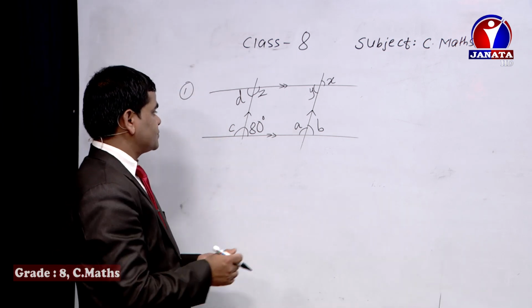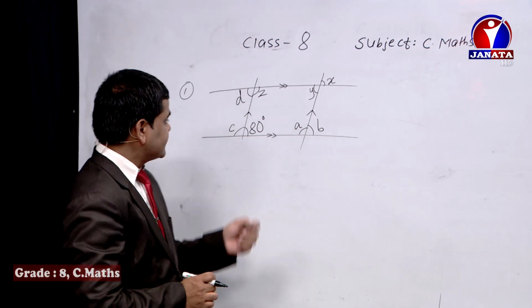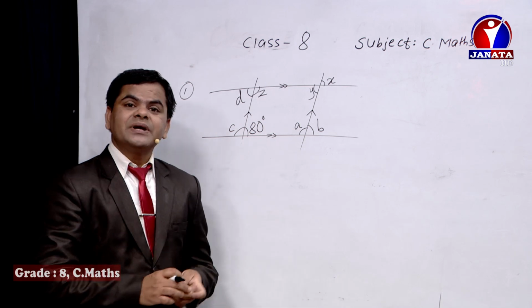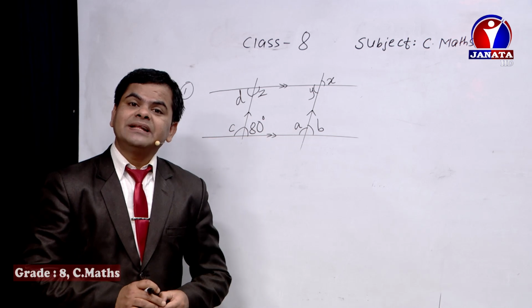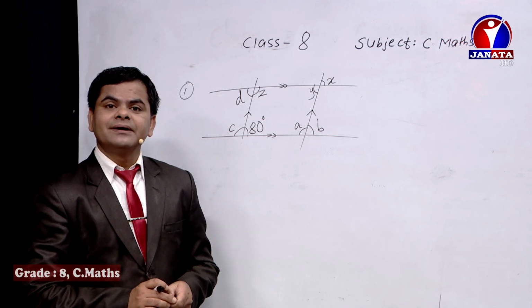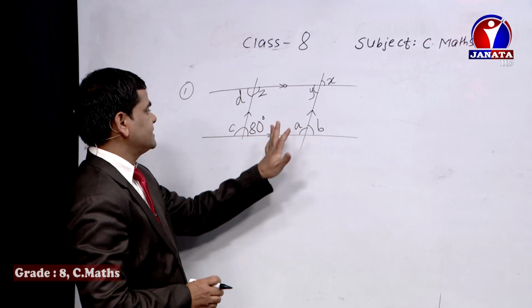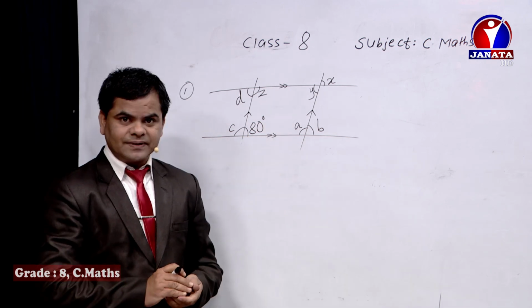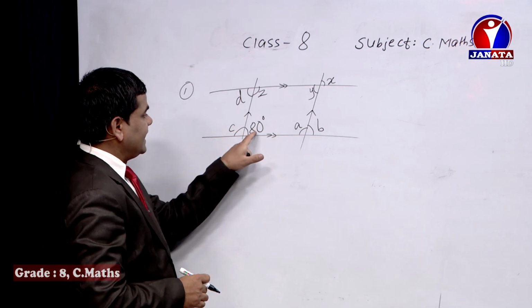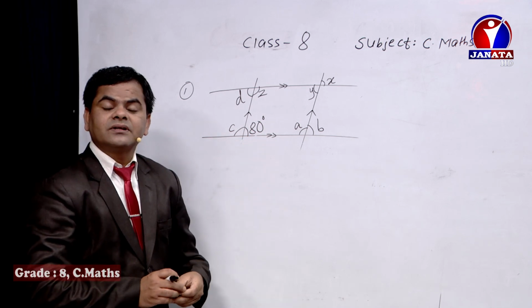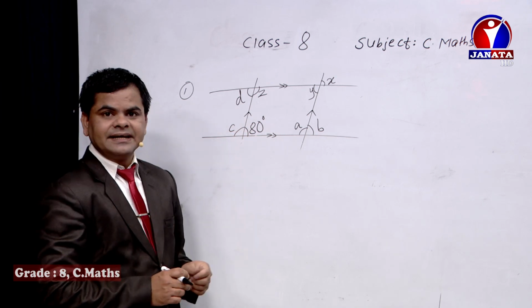So if you see, dear students, only one measurement of angle is given in this figure, as 80 degree. So first of all, whichever angle can be found, you can find it. It doesn't mean that alphabetically the value should be found. It doesn't mean that you need to find A or X first of all. You can find other angles as well. So first of all, dear student, C and 80 degree fall under the same straight line. So you can find out the value of C, isn't it?